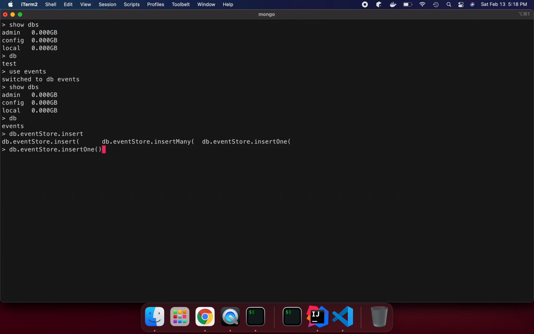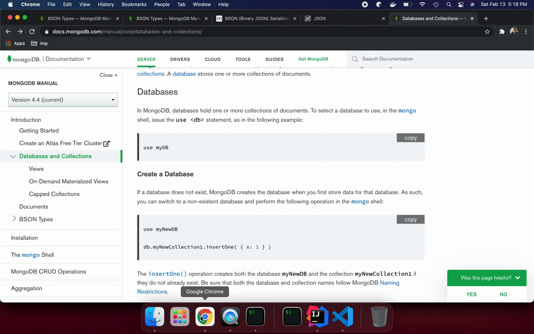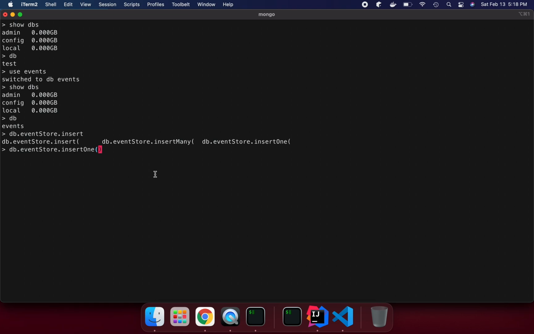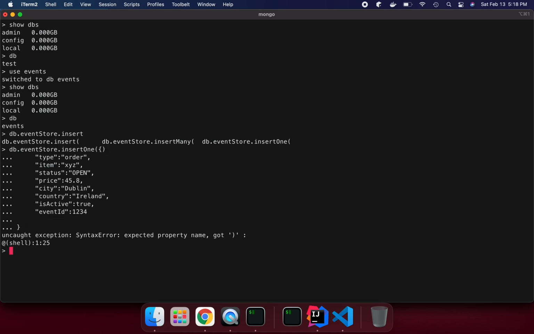Now we need to put valid JSON in it. What is valid JSON? I already explained that to you. If you put valid JSON, like the one I have here, I copy it with command C and paste it with command V. So valid JSON is going to be like this. If you see, I missed a double quote, so if I enter, it's wrong, because I closed the parenthesis here.